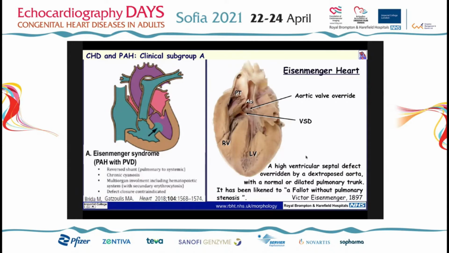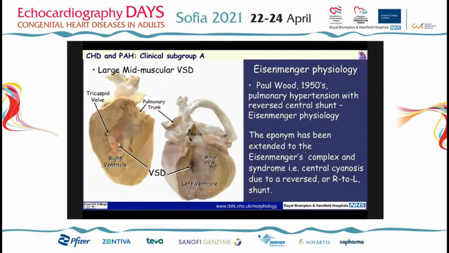And indeed, when Eisenmenger described this combination of malformations, he alluded to the fact that it's a fellow without pulmonary stenosis, with a high ventricular septal defect, overridden by a rightward aorta with a normal or dilated pulmonary trunk. But since then, the term Eisenmenger has been adapted, and Paul Wood, previously a cardiologist based at the Royal Brompton Hospital, back in the 1950s, described pulmonary hypertension with a reverse central shunt and called it Eisenmenger's physiology. And this has further been enlarged and the eponym extended to the Eisenmenger complex and syndrome,